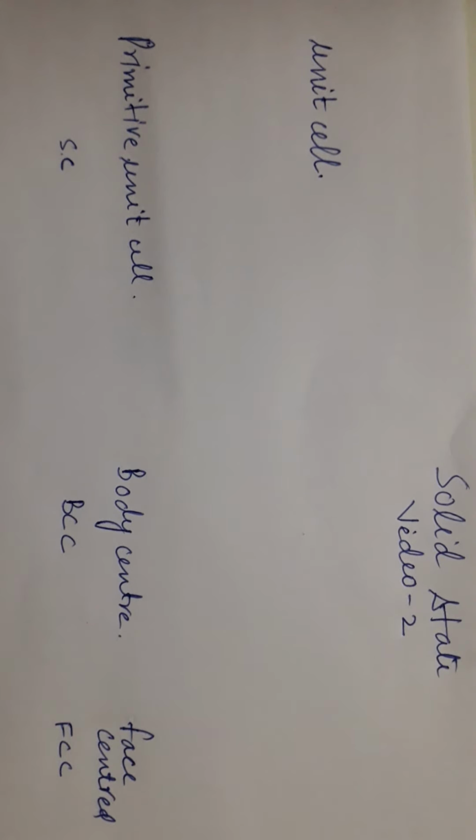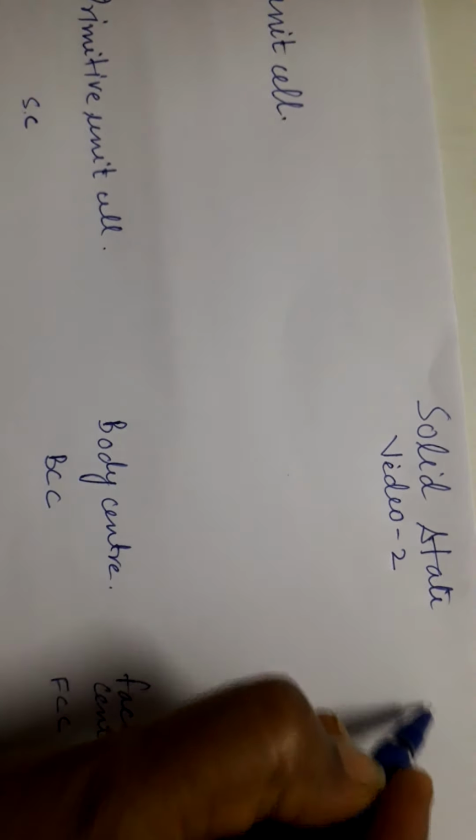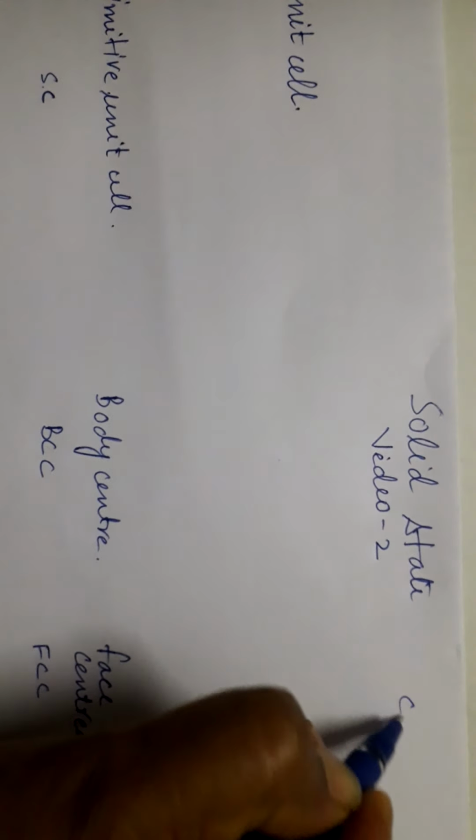Students, today we are going to discuss unit cells and the types of unit cells. As we have discussed in solids, there are two types of solid, crystalline and amorphous. From today onward, we are focusing only on crystalline solids, right? That means the atoms, molecules, and ions are arranged in a fixed geometric pattern that is repeated over and over again, forming a huge three-dimensional structure, and that is called a crystal